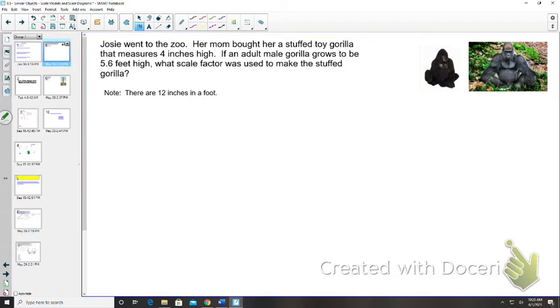Okay, so Josie went to the zoo. Her mom bought a stuffed toy gorilla, which is right here. That measures 4 inches high. Okay, this is the image, or the drawing, okay? If a male adult gorilla grows to be 5 foot 6 inches high,